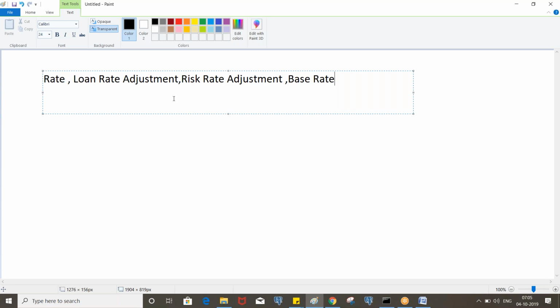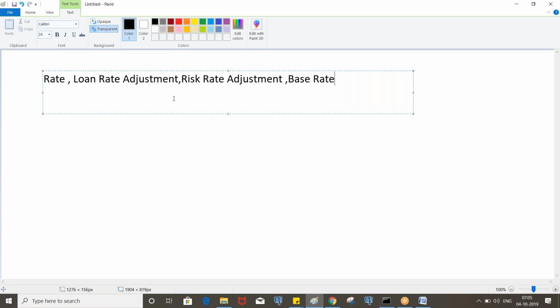In order to determine the loan rate adjustment, it depends on the loan type, terms, and purpose. Let's say you are taking a home loan for 10 years, so it will be one interest rate. If you are taking it for 15 years, it will be a little more interest rate when compared to 10 years terms.